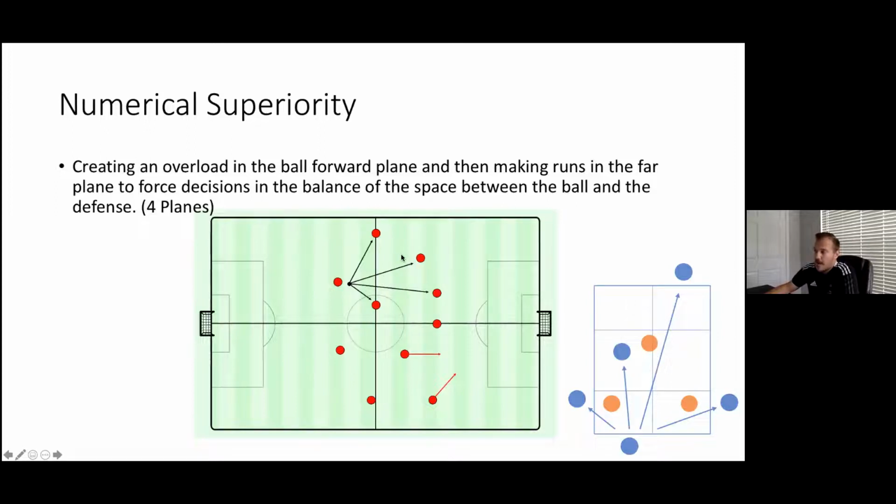If the opponent reacts and comes over here to try to control the overload, now you have runs on the opposite side and behind that they can't mark, right? So now they have to decide, okay, do we stay over here and make sure these runs are marked, but then they can build through you on the strong side with their overload, right? So this is the advantage of having an overload, let's say on one side or in the middle or anything like that.